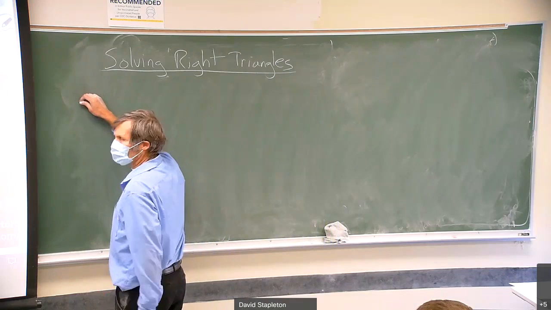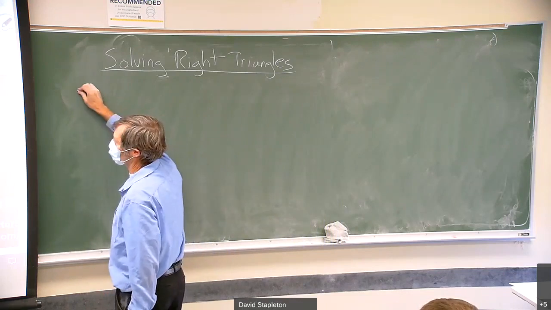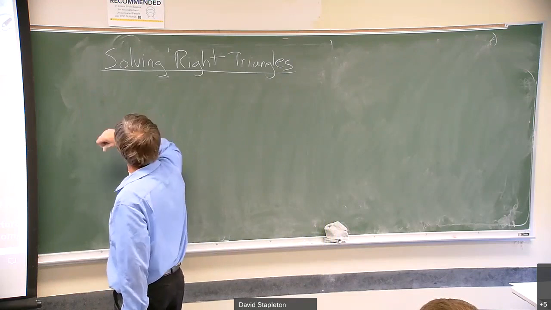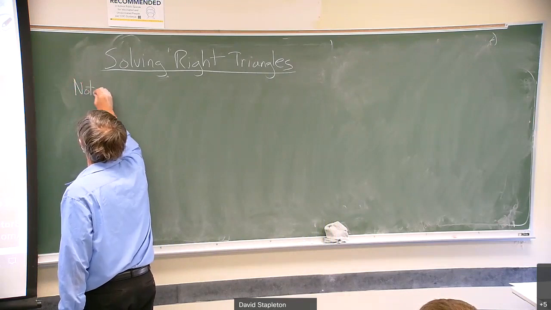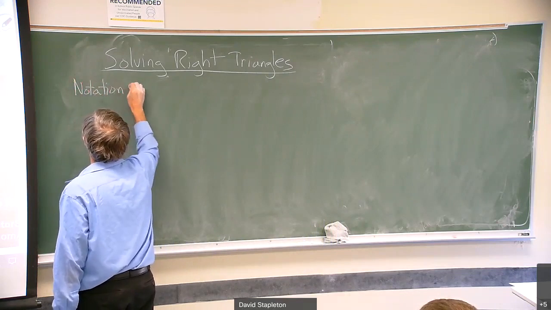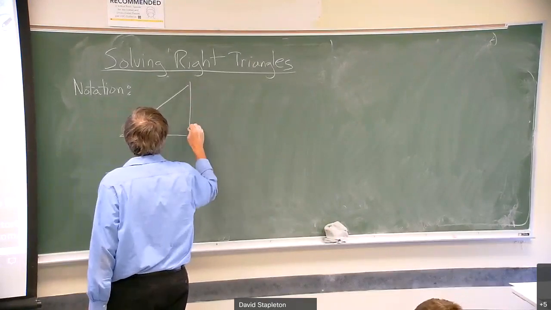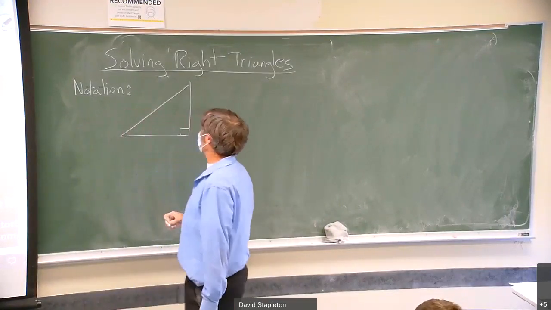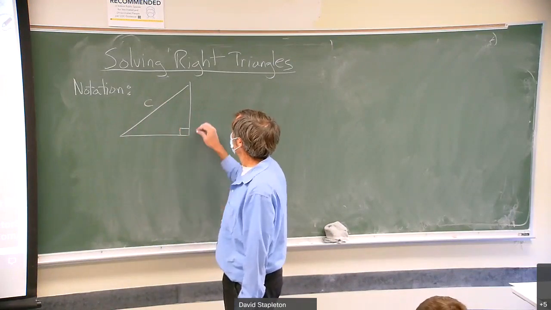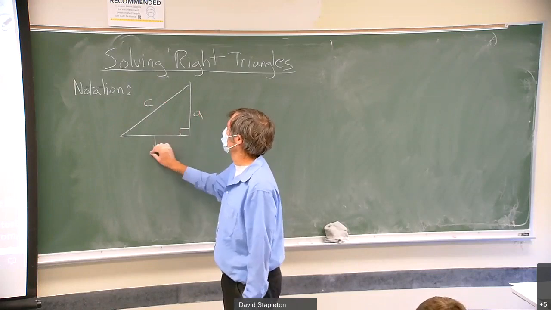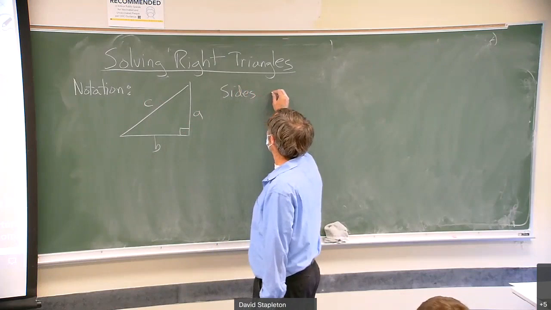And here's what we're going to do. We're going to use the trigonometric functions that we've defined in the unit circle to solve right triangles. So first, we introduce this notation to make our discussion more convenient. If I draw any right triangle, what I want to do is always call the hypotenuse C, we've already said. And the other sides are little a and b. So the sides a, b, c